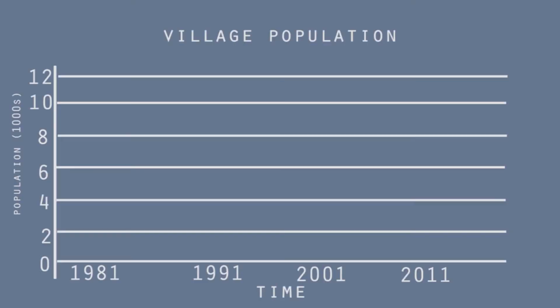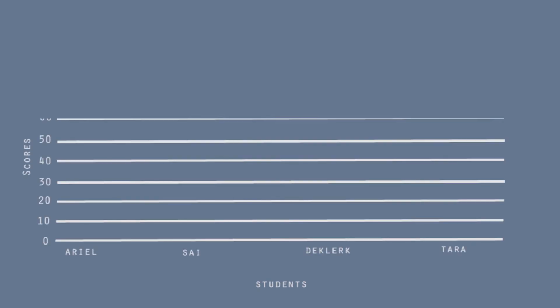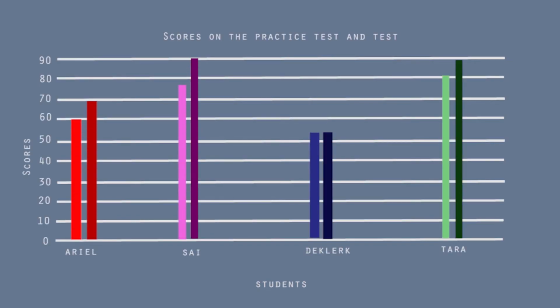Now let's see if you can recognize these kinds of graphs. This is an example of what kind of graph? I'll be waiting for your answers on our chat box. You are correct. This is an example of a line graph. And how about this one? Can you recognize it? Again on our chat box. And the correct answer is, of course,